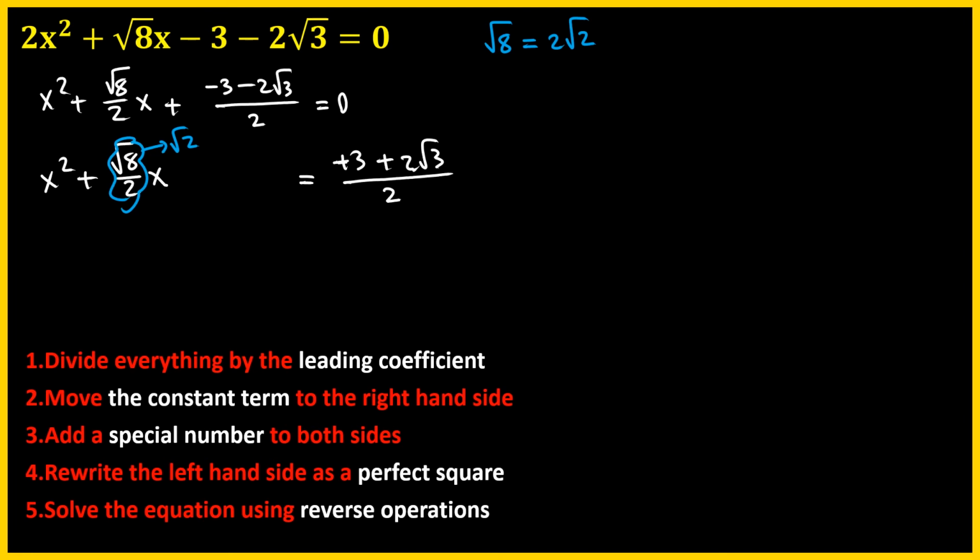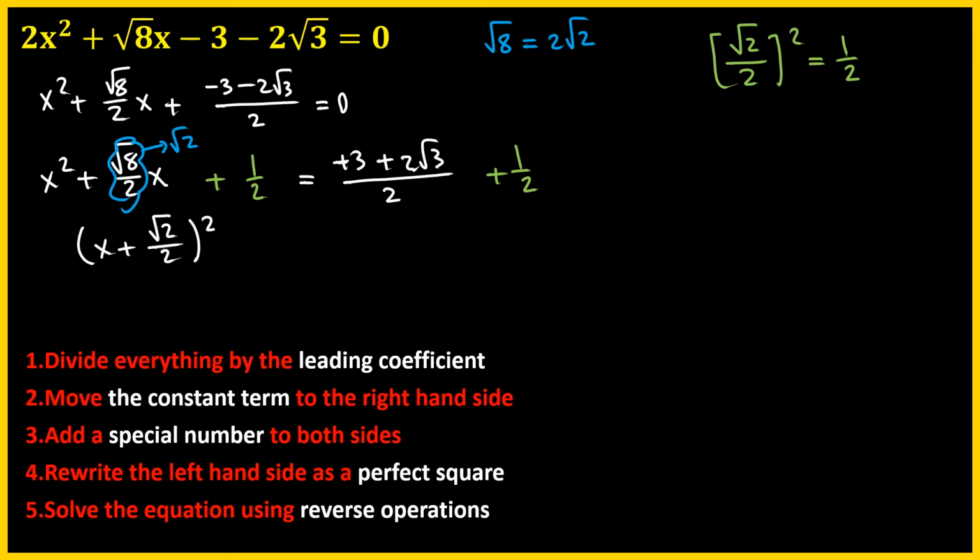So in order to find the special number that we're supposed to add to both sides, we need to take the square root of 2 and then divide it by 2 and then square it. So we should get 1 over 2. So we need to add 1 over 2 to both sides. And then we need to rewrite the left-hand side as a perfect square. So it's going to be (x + root 2 divided by 2) squared equals 4 plus 2 root 3